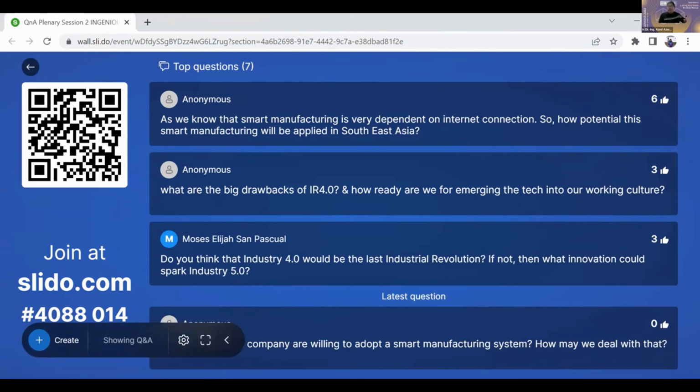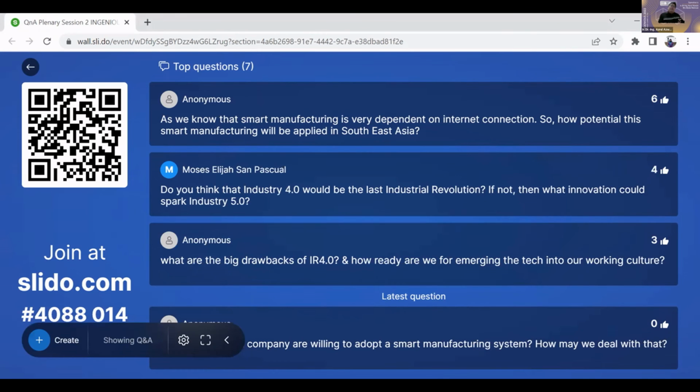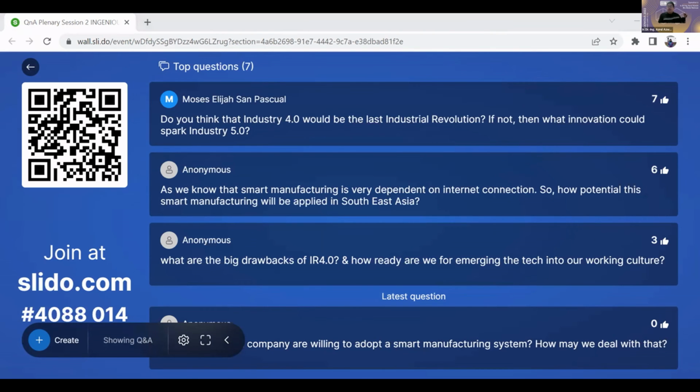So if you push toward smart manufacturing, which requires the internet, then it's really necessary to have a good internet connection. We cannot run from the internet connection. We cannot depend on an internet connection which is not stable, because whenever we move toward this, we have to make sure that the connectivity is there. It's not only connectivity to the outside; the connectivity among the machines is also necessary.